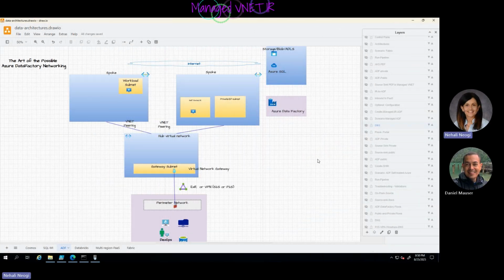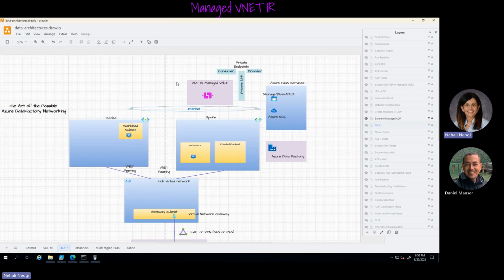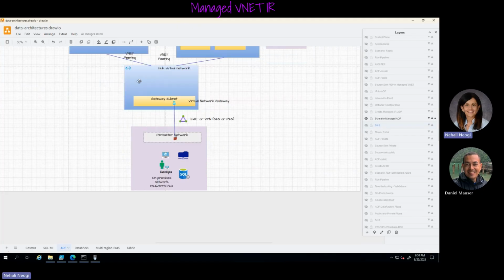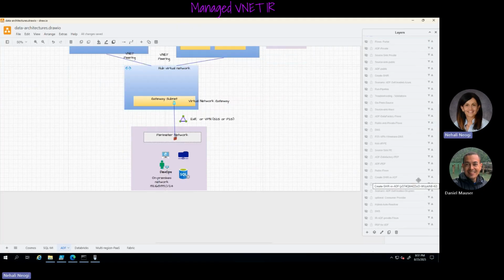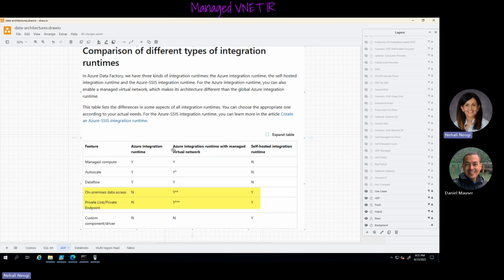So now let's go to our next scenario, which is the managed VNet. If you see, the integration runtime is in a fully managed VNet, and the use case for this, right? So if we look at our use cases from before, this is important to call out. We covered this in the concepts, but if you look at the middle row here, where you can see that